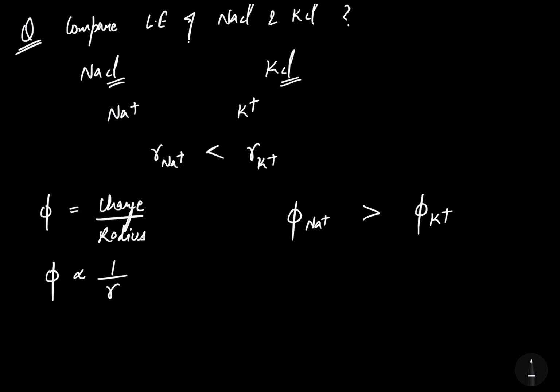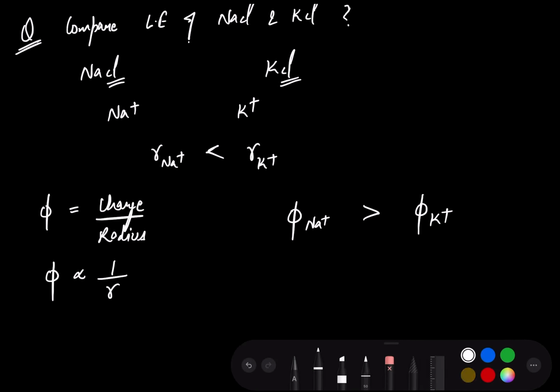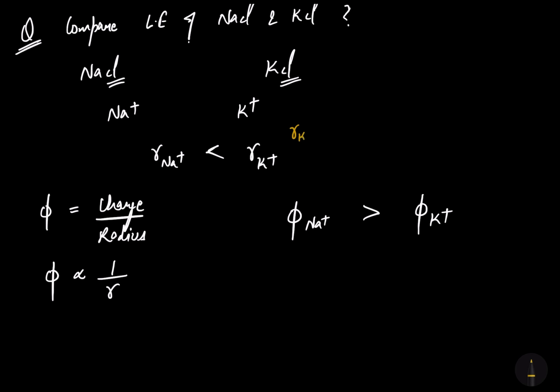I am writing: the radius of K positive is greater, so the charge density of K positive will be lower. On the other hand, the radius of Na positive is lower than that of K positive, so the charge density of Na positive will be greater, due to which we can say that NaCl has more lattice energy